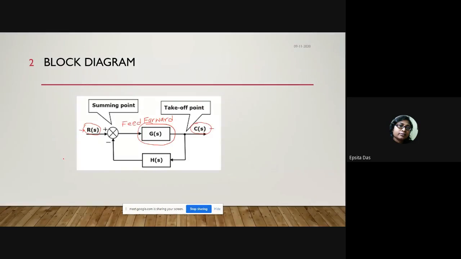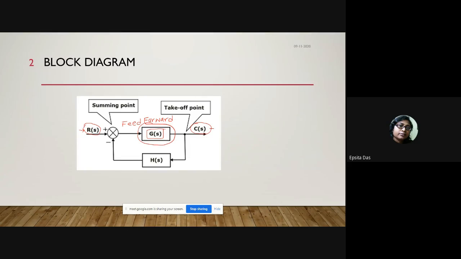Now this is the simple block diagram. It is a very common diagram that we get in control systems. In any control system book we find this diagram. So what is R(s)? Generally, the input or reference signal is expressed with the term R(s), and we get the output as C(s). The path which connects the input to the output is called the feed forward path, and this transfer function block G(s) is known as the feed forward transfer function.